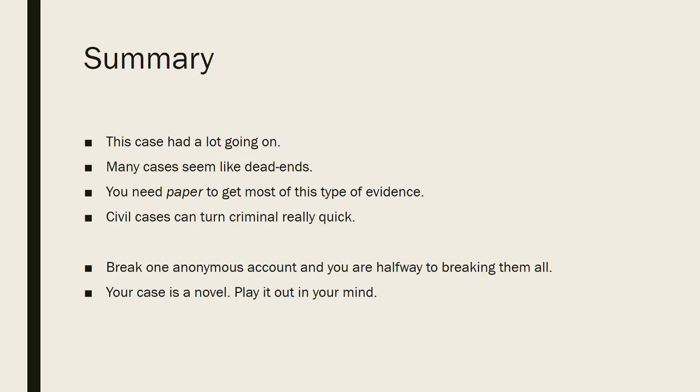The other thing on anonymous accounts is the more the merrier, the more the better. The more anonymous accounts you can identify, the better chance you're going to have of breaking just one of them. Because all you need to do is break one, because if you can break one and show just the loosest tie to another, you might be able to find the most concrete ties to all of them. So don't be upset like, oh my gosh, another spoofed email or another IP address, a Tor exit node in Europe or a Tor exit node in Australia. Each one of them is a potential diamond in the rough. So just keep it in mind.